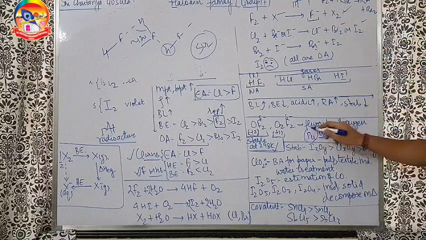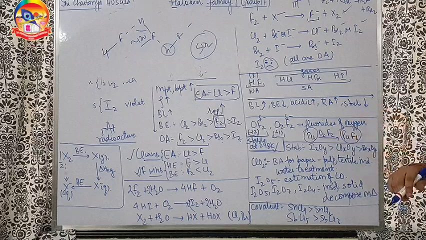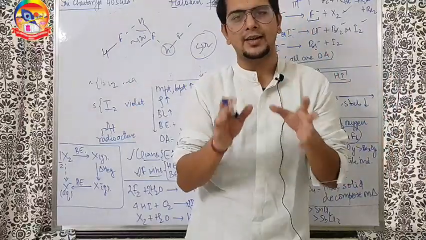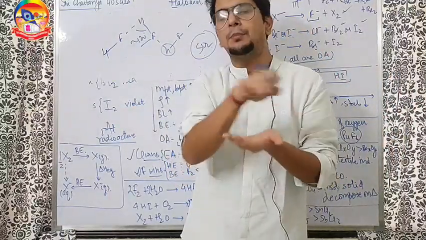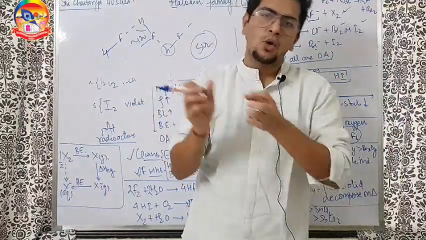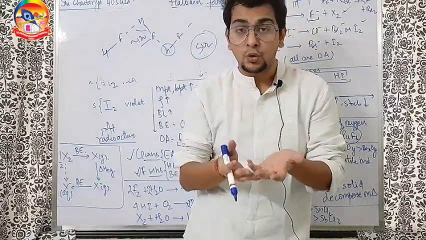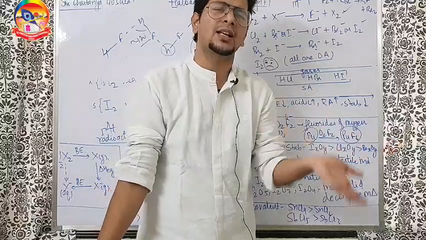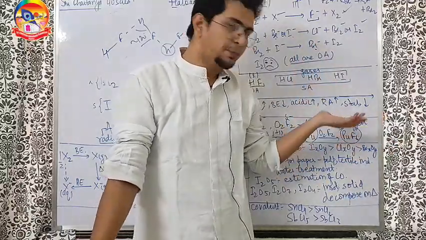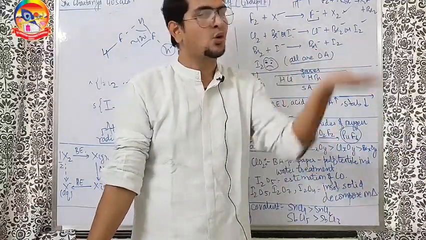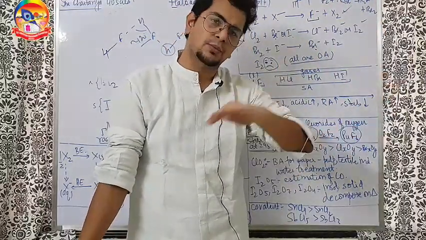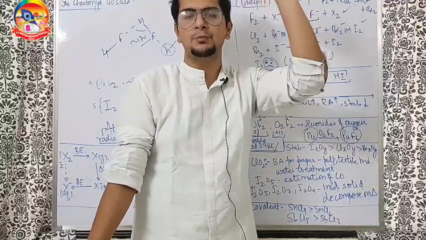Like plutonium is converted to PuF6 using O2F2. Sir, what's the use of this? See, plutonium is a byproduct in the nuclear reactors. So if you want to clean that byproduct, send O2F2. O2F2 will react with plutonium and convert it to PuF6, which is volatile. It is partially gaseous in nature, we can say. So PuF6 is a gaseous compound. It will go up and can be easily removed. Oxygen gas is the byproduct, which will also be removed, and the plutonium is easily removed by this reaction.